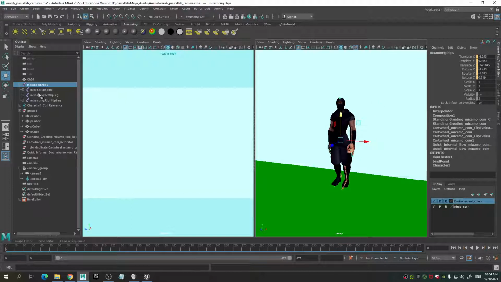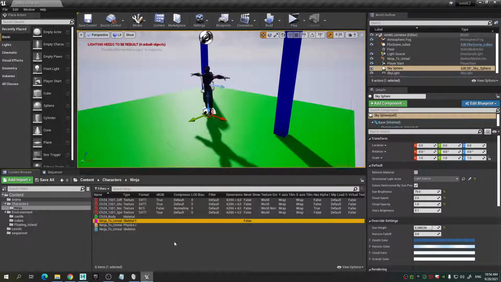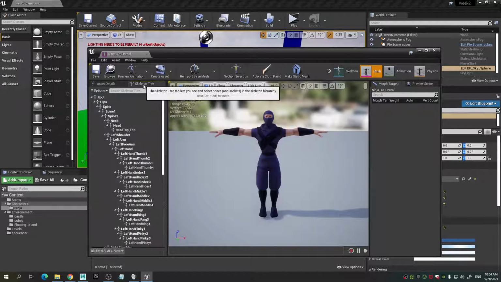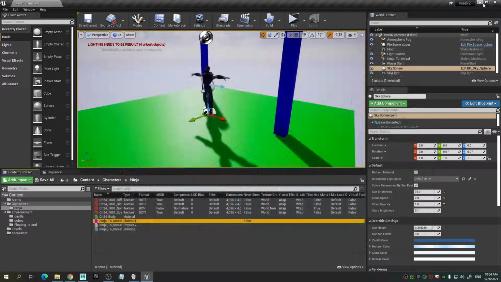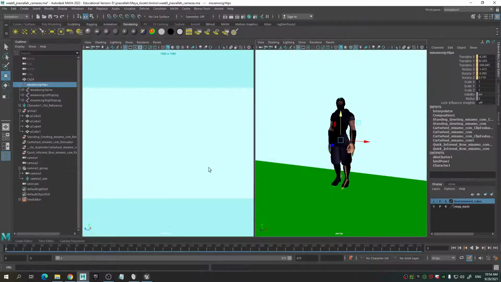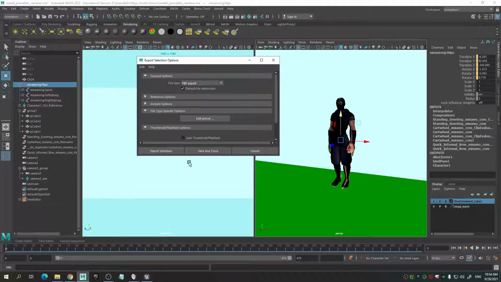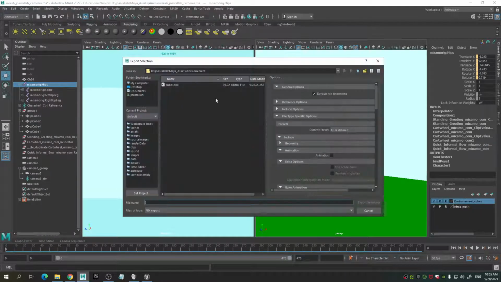And by selecting just the... Oh no, I don't have the root. Okay, it must have been an older... Do I have the root here? Yes, okay, so that might be okay. Let's try it. Okay. Export selection, FBX,